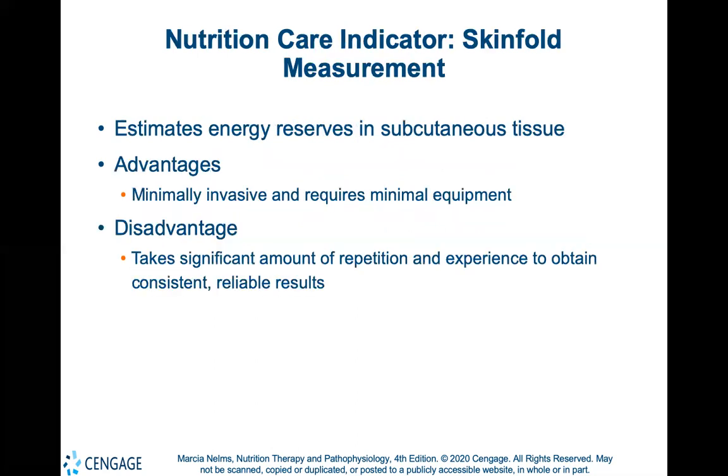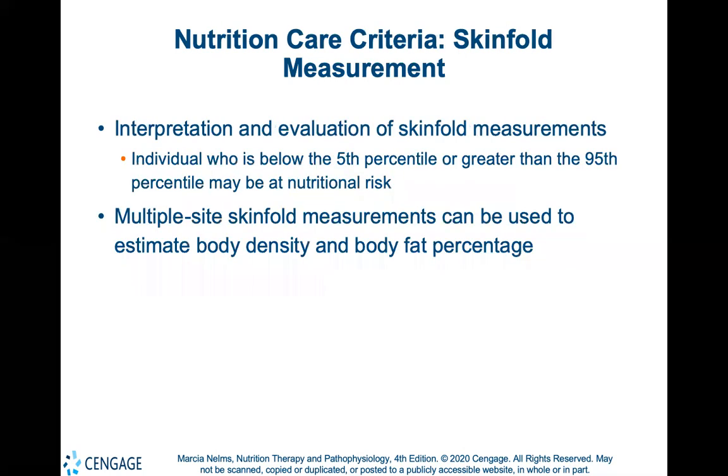Skin fold measurement is used to estimate energy reserve, both fat and somatic protein, in subcutaneous tissue. Skin fold measurement involves measuring a double fold of skin in subcutaneous adipose tissue while excluding muscle tissue. Skin fold and mid-arm circumference measurements, as well as the index calculation for mid-upper arm muscle circumference, mid-upper arm muscle,